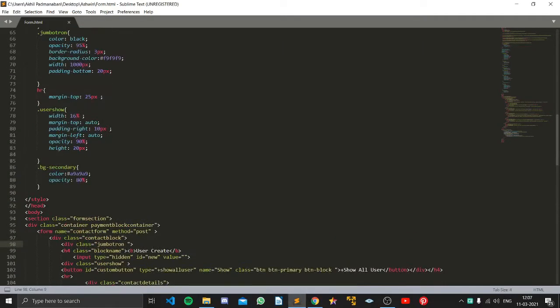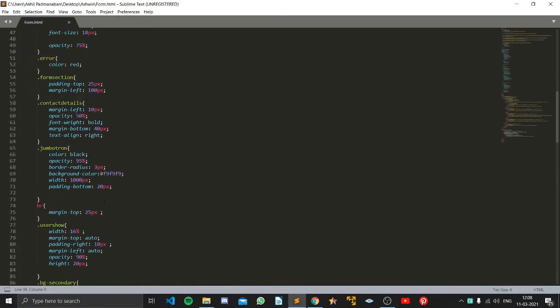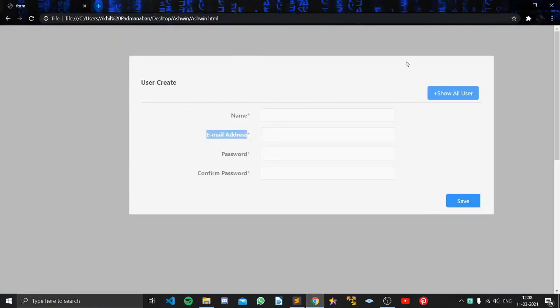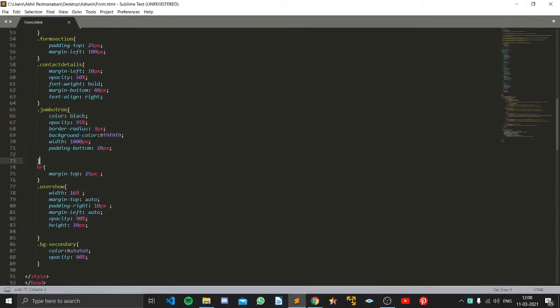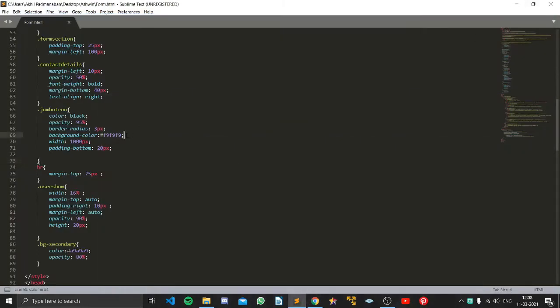And now we are going inside. When this class is called, it will call the function dot jumbo row. I have given color equal to black for the content. Then opacity equal to 95%. That means this transparency will show like a dull image for a more aesthetic look. That's why I have given opacity. Now the border radius depends on this part. If you give more pixels, it will curve accordingly. The background color I have done like this.